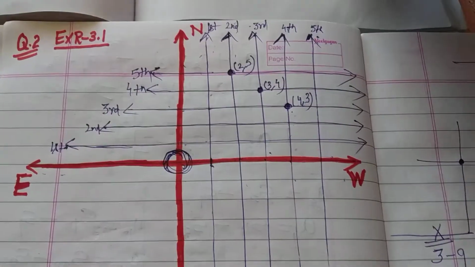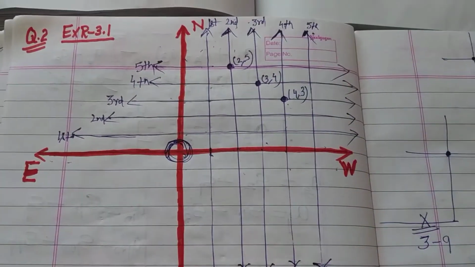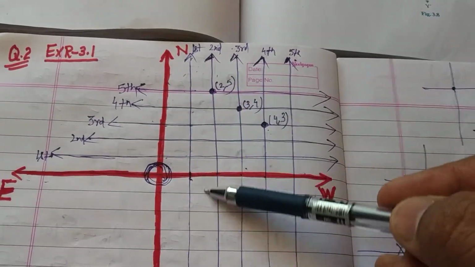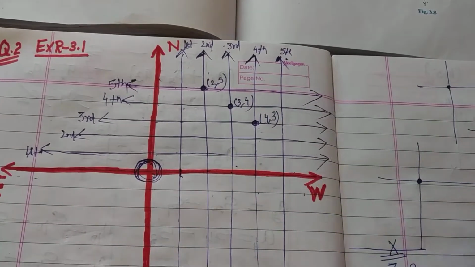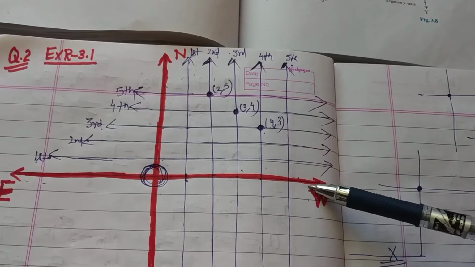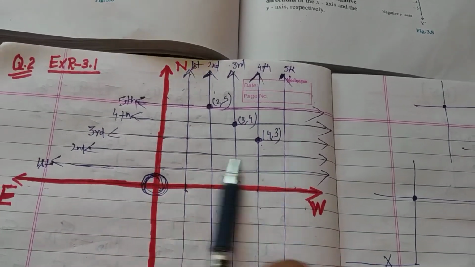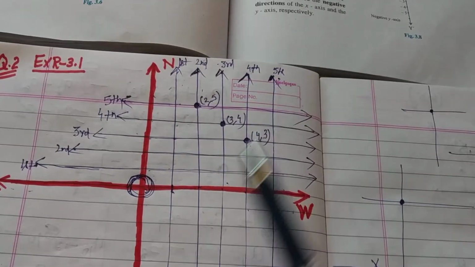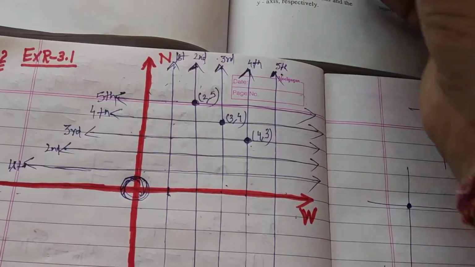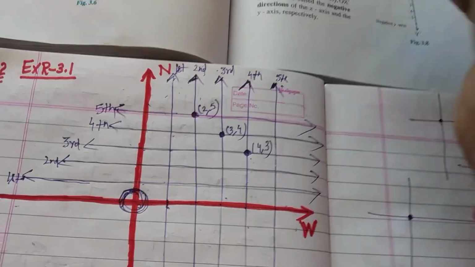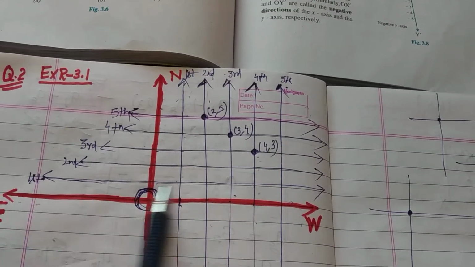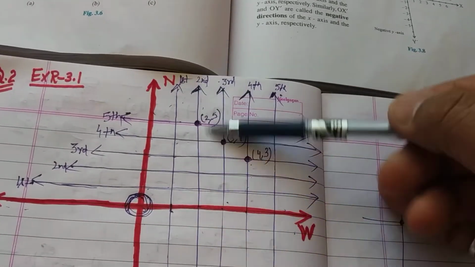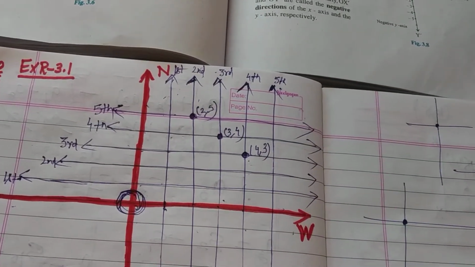So what is given in the question? All the other streets of the city run parallel to these roads. There are other streets; these blue color lines are the streets. They are parallel to these roads. These are parallel to the east-west road, and these lines are parallel to the north-south main road. There are 5 streets in each direction. So this is the first street, second, third, fourth, fifth, and from north to south also 5 streets. There are 5 streets in every direction.